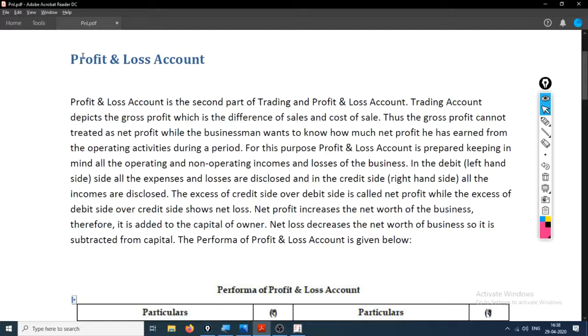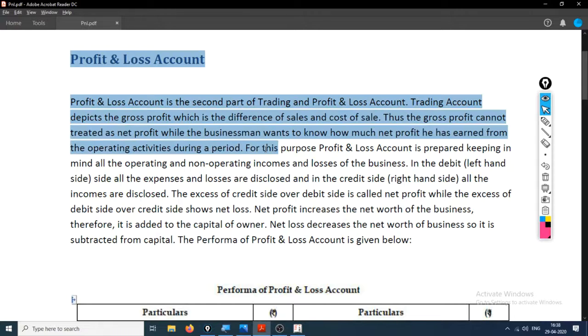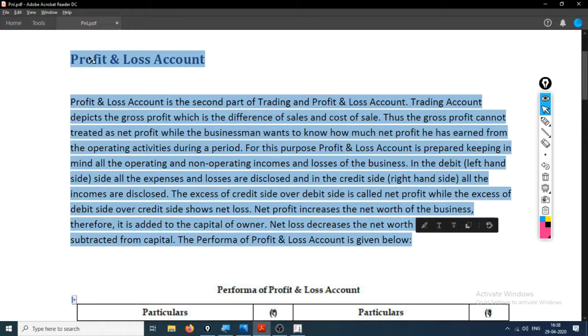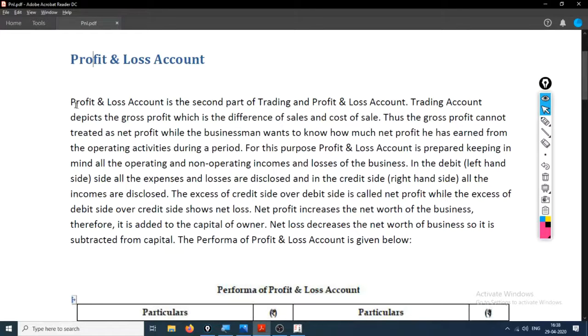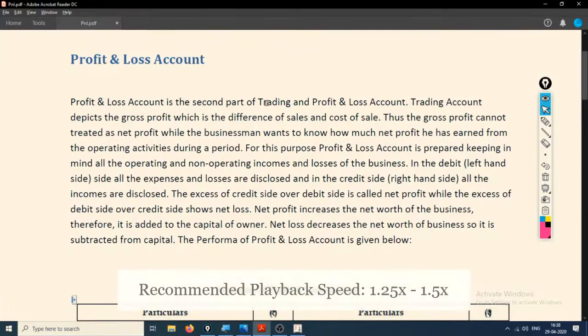Hi, let's quickly understand the format and the concept of what a profit and loss account is. Once a trading account is prepared, the second part of the trading account is the profit and loss account. Hence, we use both the terms together, that is, trading and profit and loss account. Trading includes all those direct expenses and direct incomes, while the profit and loss account includes all those indirect expenses and